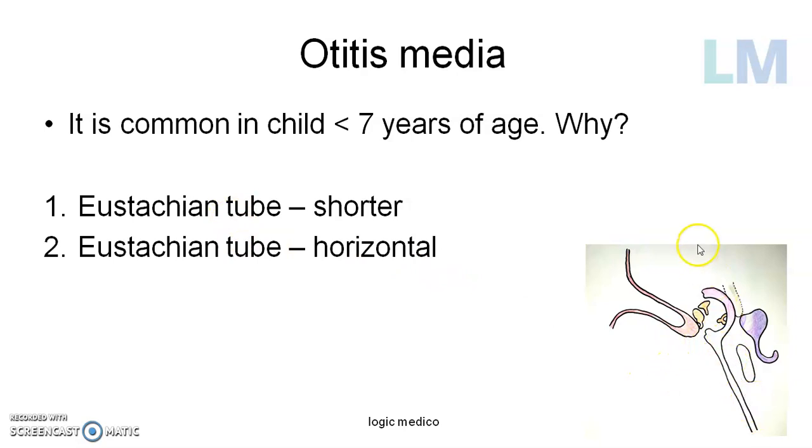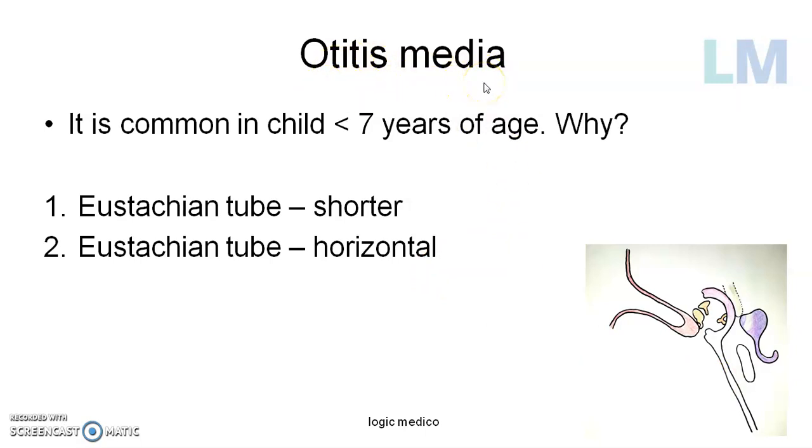What is oblique? When it is not vertical, when it is not transverse, then the structure will be called oblique. In adult, the eustachian tube is more oblique. So think of a tube in adults which is longer and more oblique. So whenever they are eating some food or anything, the infection cannot come into the eustachian tube like that. Whereas in a child who is actually breastfed, it's shorter and more horizontal, it's shorter and more straight. So obviously the infection can reach the middle ear more often than not, causing infection of the middle ear.